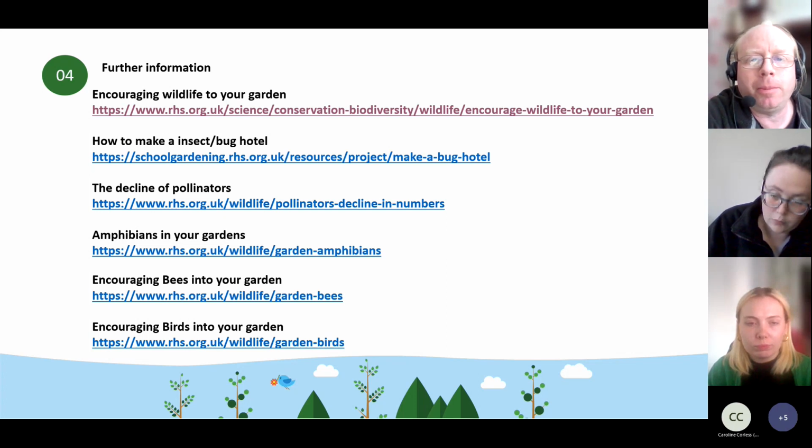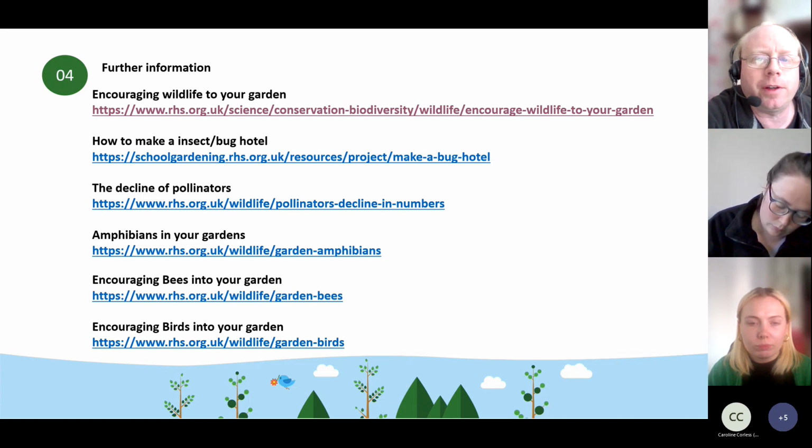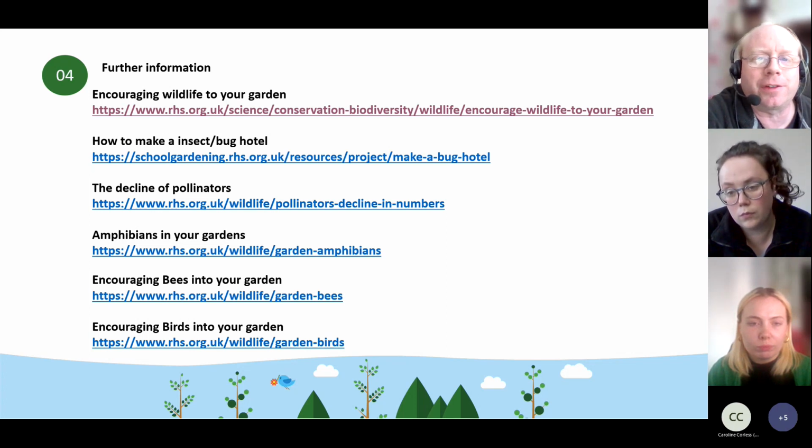A really important thing about biodiversity is connecting places together. The more connected habitats are, the wider mosaic of interconnecting places we have in Greater Manchester, the better, because some animals need a wider range of habitats. If you think about something like a newt, it needs a pond to breed in, but it also needs grasslands and things when it's not breeding to hunt and feed in. So the more we interconnect these habitats across Manchester, the greater it is for biodiversity. So if you can think about your space and how it links into all your neighbours' spaces, you're going to get a higher score on biodiversity as well.